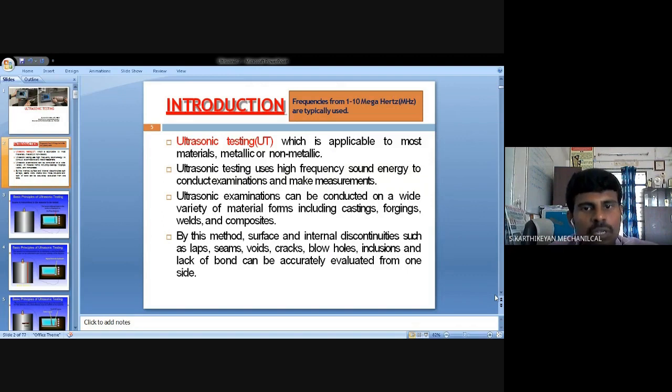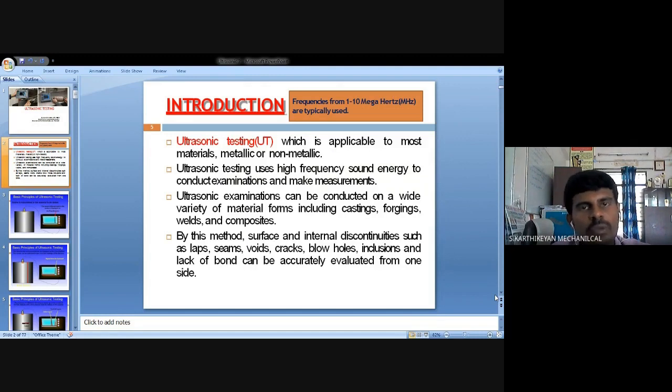materials. In ultrasonic testing, high frequency sound waves are propagated into the material. For example, a frequency from 1 to 10 megahertz is typically used in ultrasonic testing methods, in which we conduct an examination and take the measurement of where the exact flaw is located, right? And ultrasonic examination can be conducted on a wide variety of material forms, including castings, forgings, welds, and composites. By this method, the surface and internal discontinuities